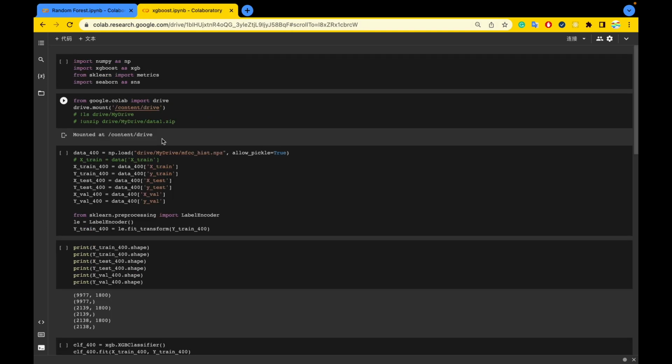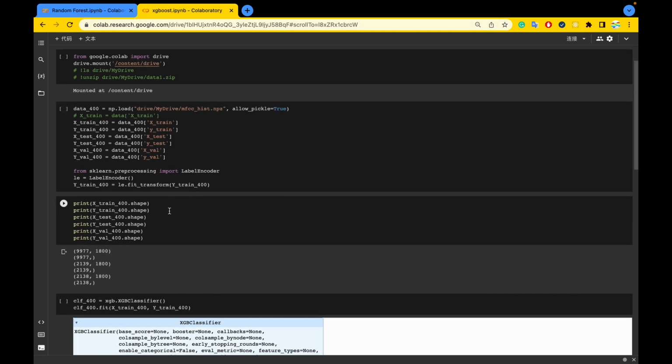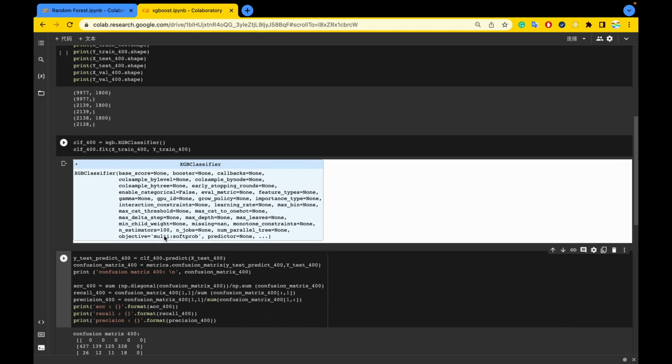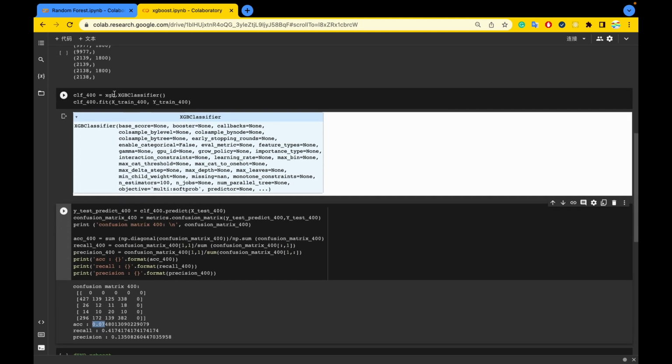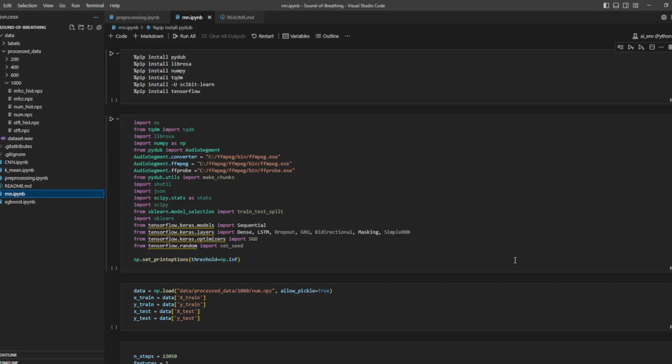For the XGBoost, I did the same thing as the random forest, and then we built the XGBoost classifier and found out the accuracy is kind of low. It's only 7%. One of the features that we worked on this sprint was the recurrent neural network